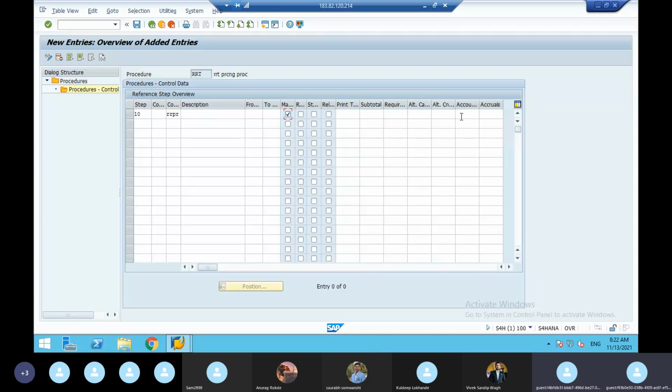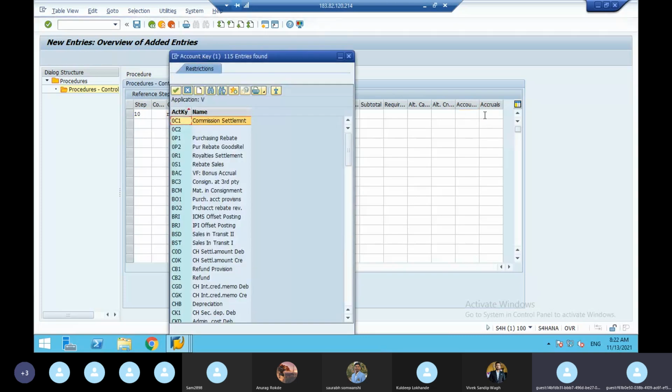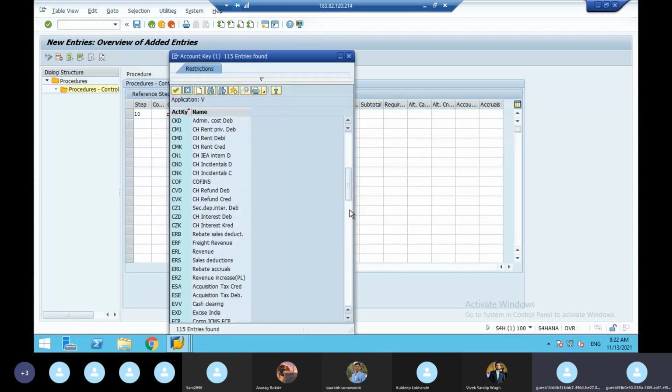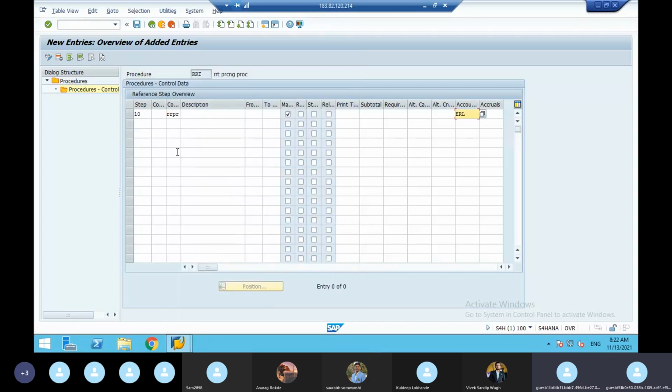And whatever price you maintain, that should be linked to the accounts department. So FI people, because FI is the mother of all departments. So FI people, the price they call it as sales revenue. RRPR means sales revenue. That is an account key. Next 20. So here it is RRDS, discount. Discount is based on the base price. So base price is in RRPR. RRPR is in step 10.